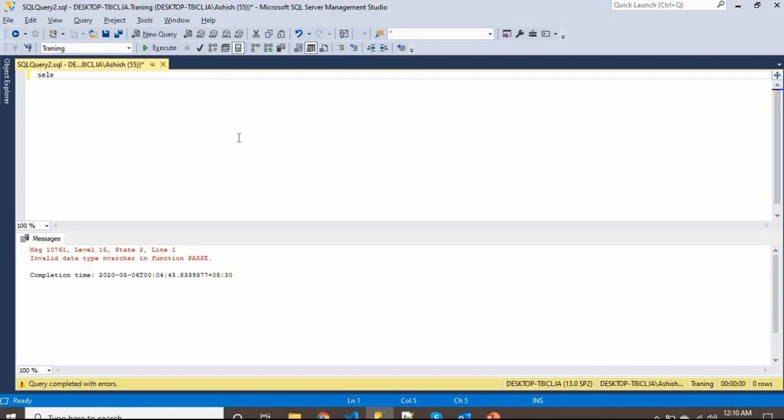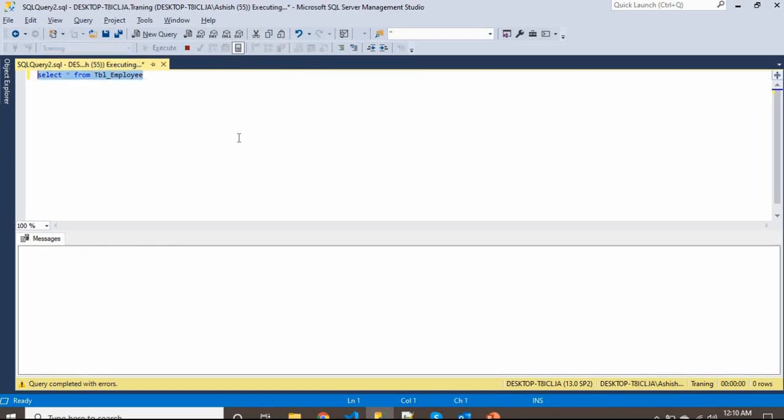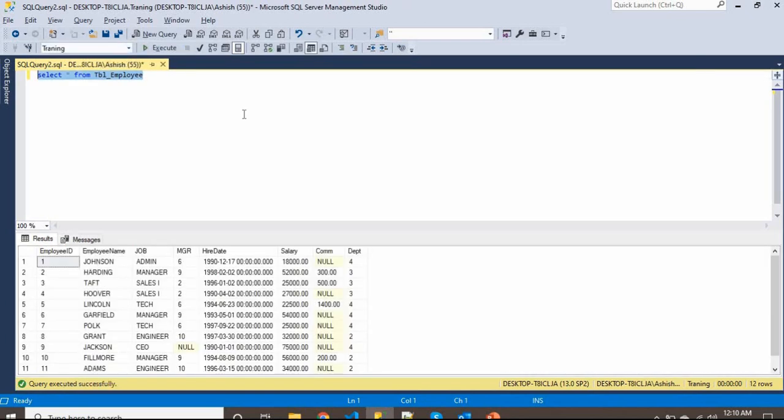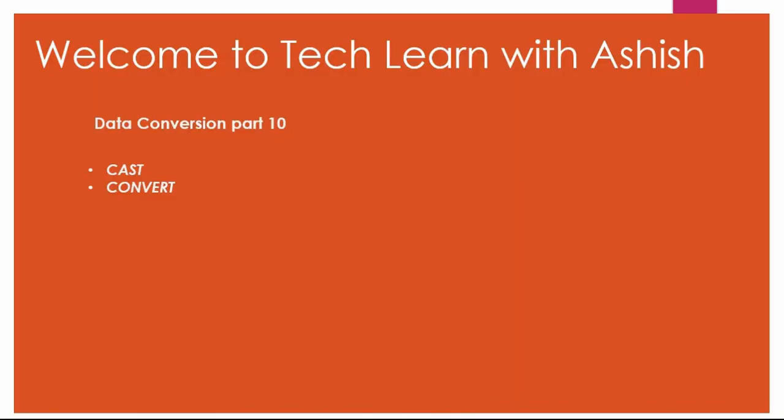Okay, so we can see that we have a table. There are some things which you can convert here. Let me explain: there are two functions, cast and convert.